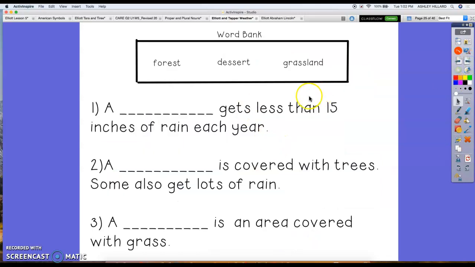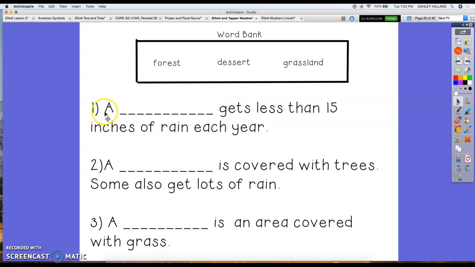just has land. Okay, so what you're going to do is you're going to log into Class Dojo and complete this worksheet on Class Dojo. So here's your word bank. You're going to use these words up here to fill in the blank where it goes.